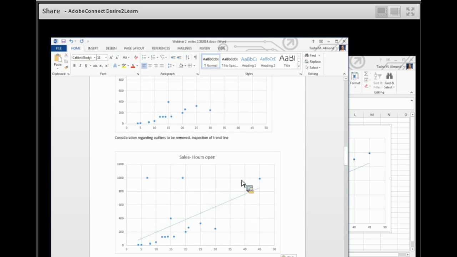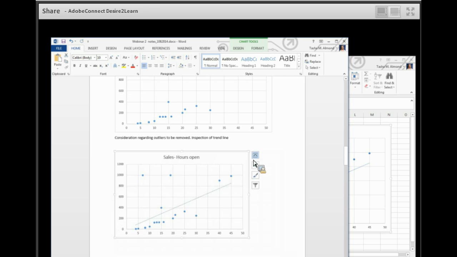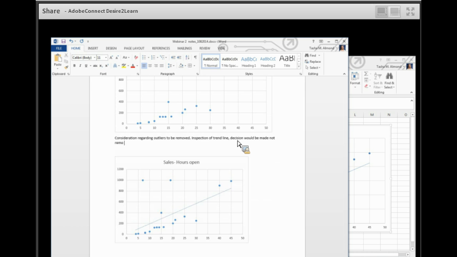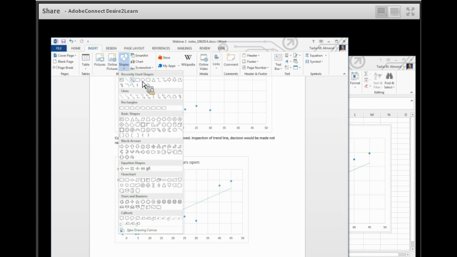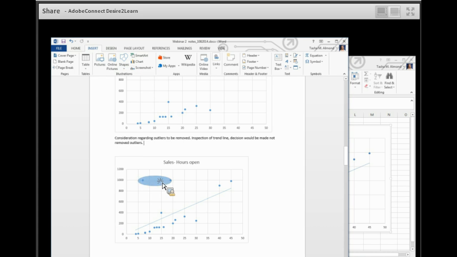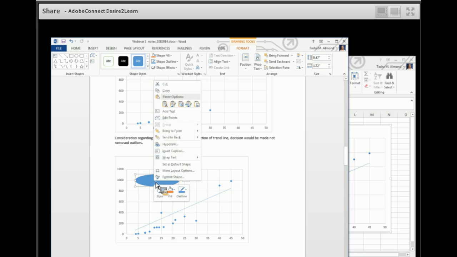So we inspected the trend line, and my choice here would be not to remove the outliers. Especially if you were a sales rep and you wanted to see all of the stores in your area, this would give you an idea of stores that were not doing very well that you perhaps needed to work with. So that's another application of the scatter plot if you're going to be using this in a business,